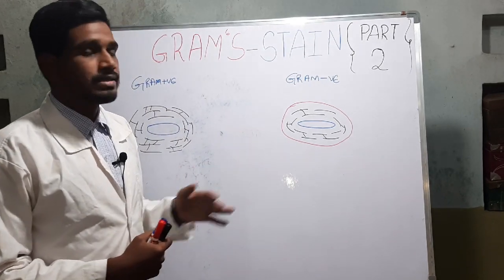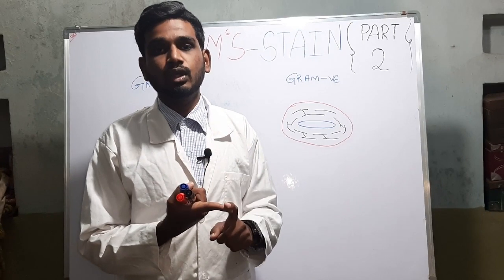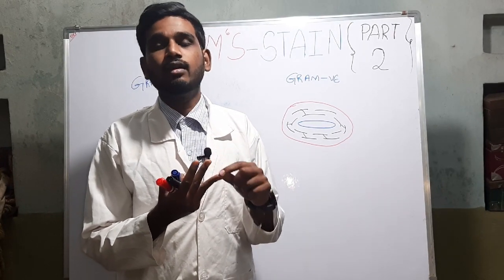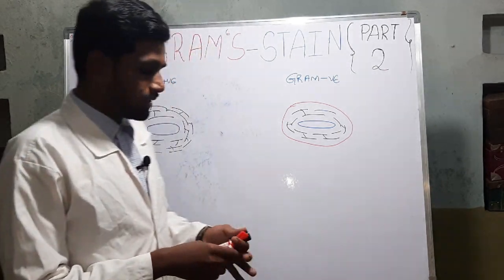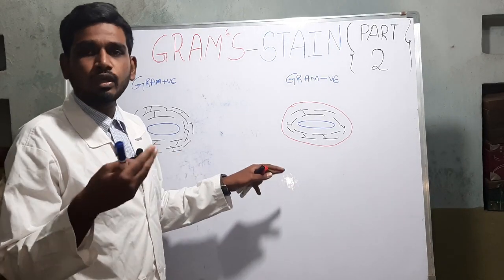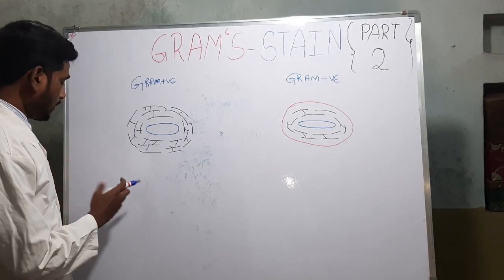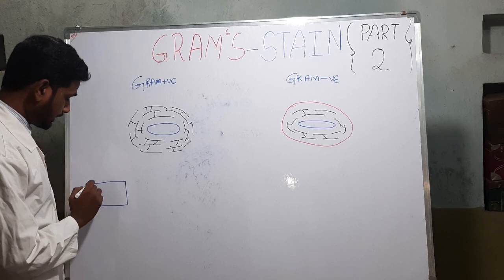As we said, the gram staining is a 4-step procedure. The first one used is the crystal violet, the second is the gram iodine, the third is the decolorizer, and the fourth is the safranin. So we will start with the procedure. Parallelly we are going to see how the stain acts on the cell wall. So whenever you are making the smear, I have taken a slide.